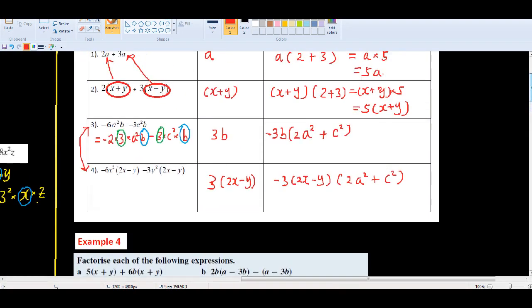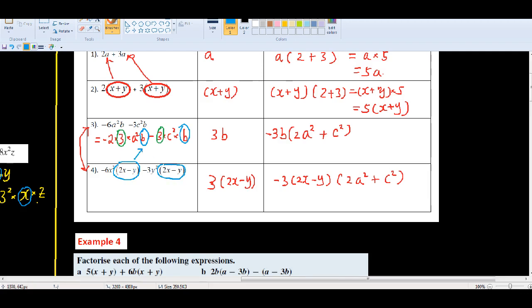So what's your answer? Check the answer first. Do you get it correct? If you get it correct, well, that's awesome. If there's something wrong, then you need to listen very carefully. So let's see. HCF should be 3 bracket 2x minus y. 3 is understandable. How about y? That's bracket 2x minus y is also a common factor. Can you see that 2x minus y